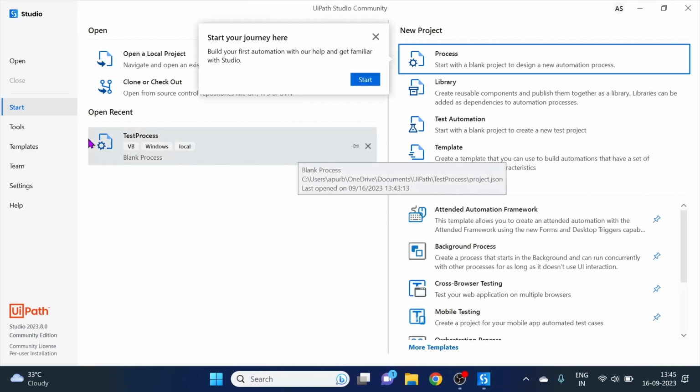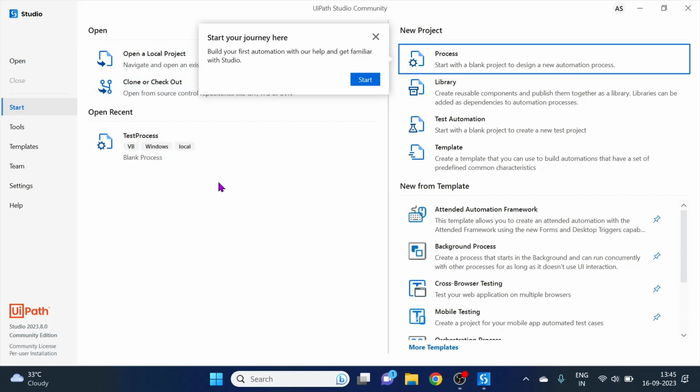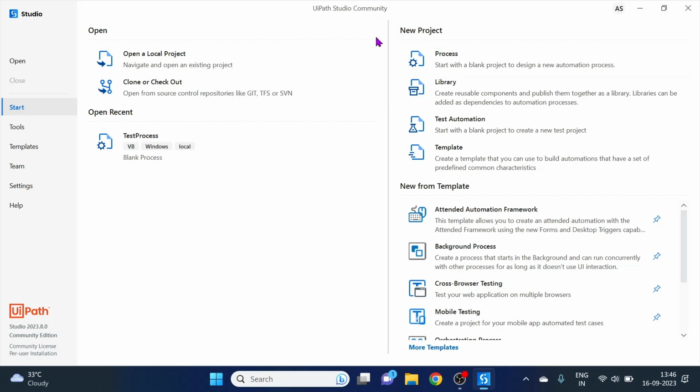Now we can see the home interface of UiPath Studio, and here UiPath is asking us to start our journey from here. So for now, I will click on the cancel button. And now you can see that there are many icons and buttons in the home interface of UiPath Studio. So we will go one by one. If we explore the UiPath home interface, we can see that the UiPath Studio logo is present, and here UiPath is saying that it is UiPath Studio Community, meaning we are using the Community Edition with the